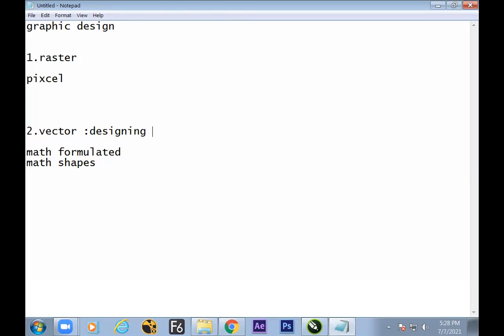Now coming to the screen, the other part is vector graphics. These are all designing software because they handle mathematical shapes and are designed with math formulas, so that the quality will never go down. Mostly, vector graphics are used for logo designing, brochures, leaflets. Except for photography, whatever things we are watching on screen or off screen are generally done with designing software. And the reason is very clear: the quality will never go down if we scale it up.